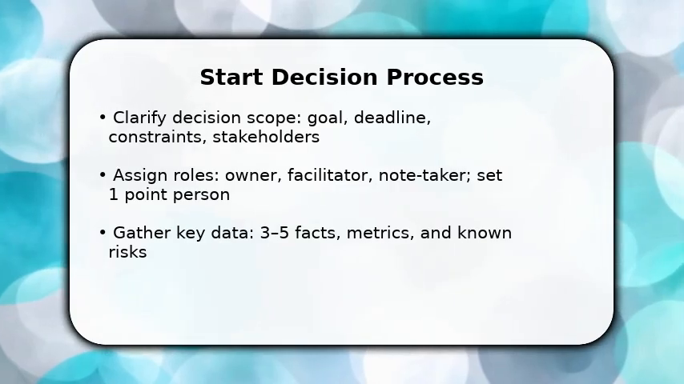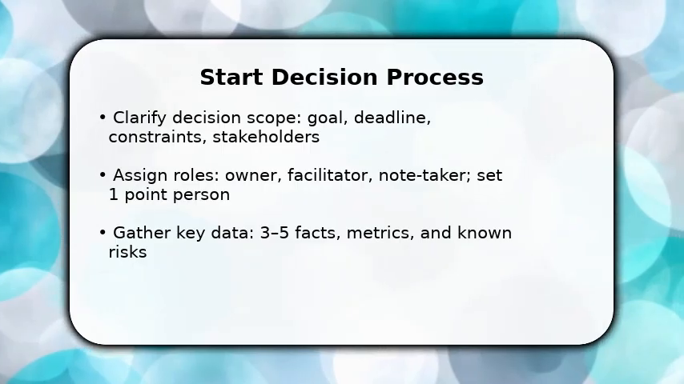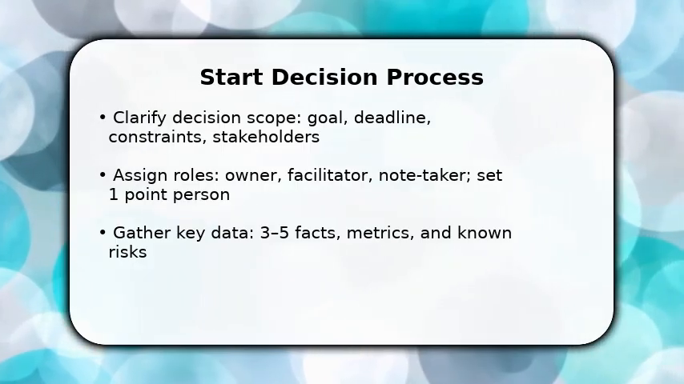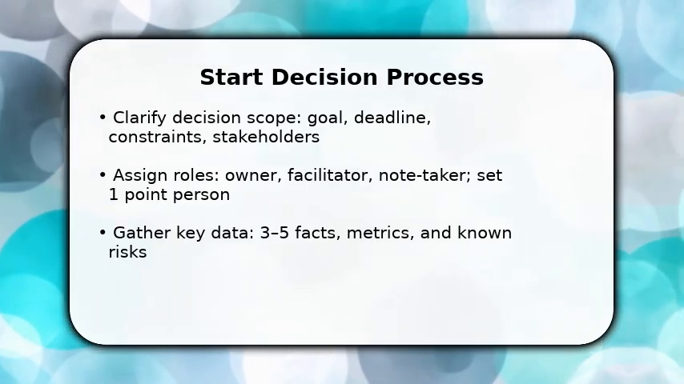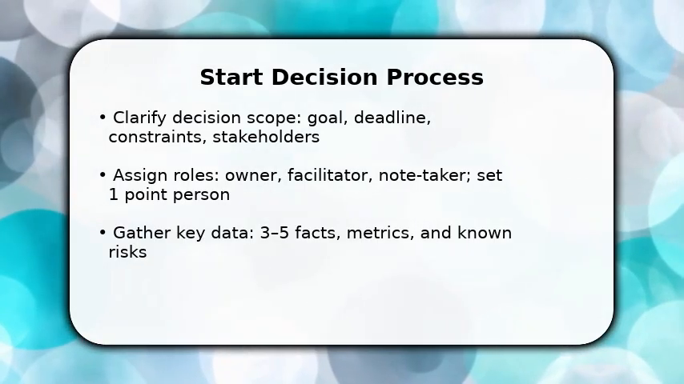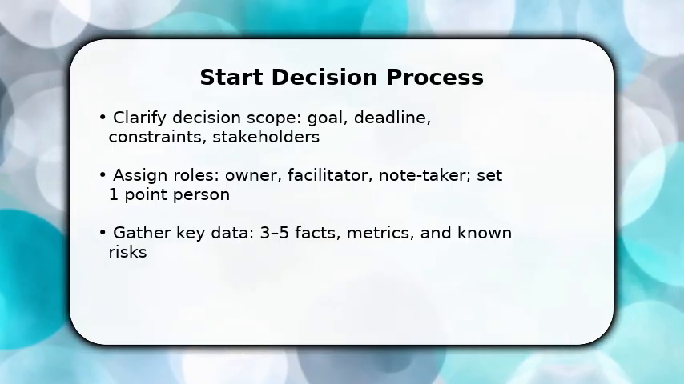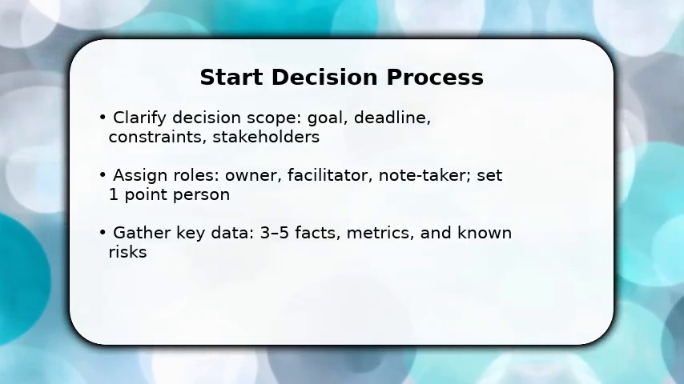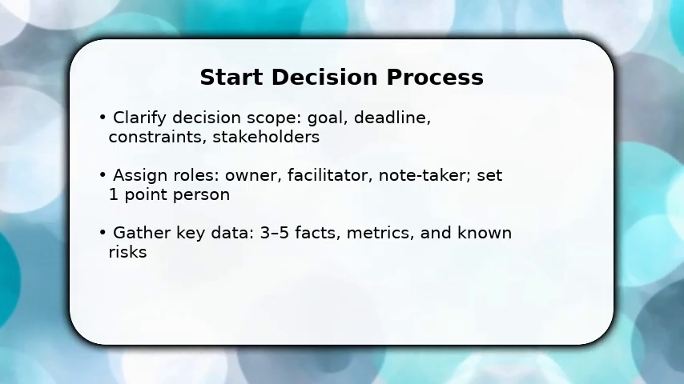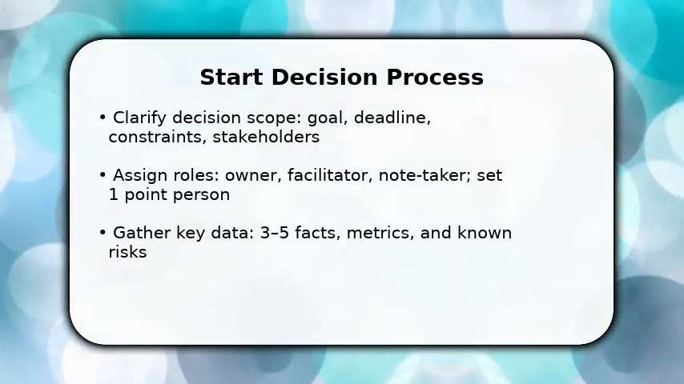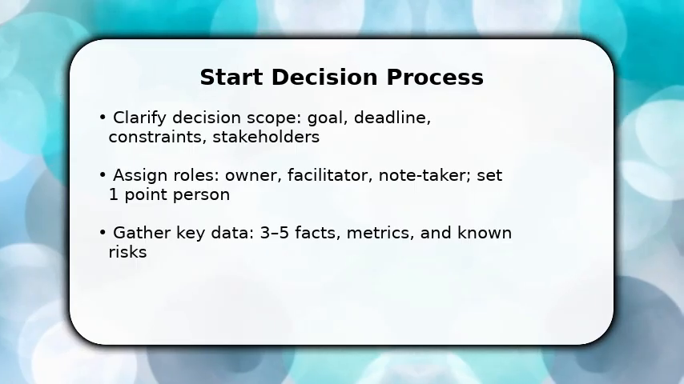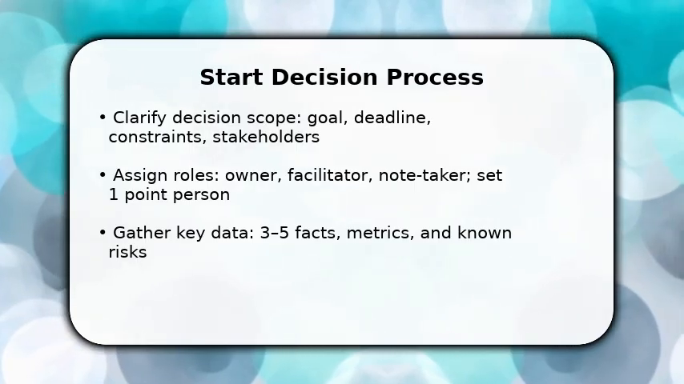You begin by defining the decision clearly and fast. Name the outcome and the deadline so people focus. Once done, assign an owner, a facilitator, and a note-taker to prevent diffusion of responsibility. Make sure to collect 3-5 critical facts or metrics that will influence choices and flag known risks up front. This primes the team for efficient discussion and gives you the first actionable steps to move from ambiguity to a